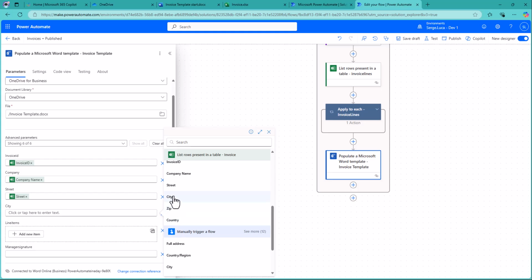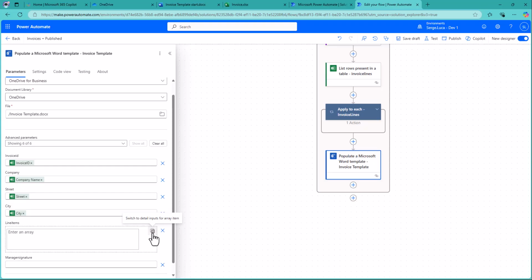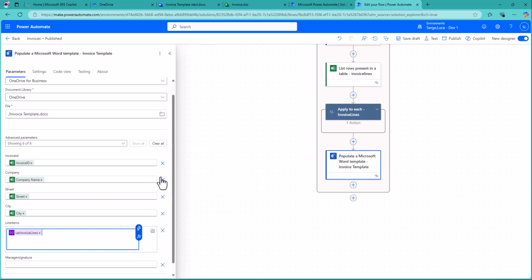Okay. And the line items will be pushed into the line items field down below here. So here you can just push the array. You click this button here, and you can just put the array, the variable,